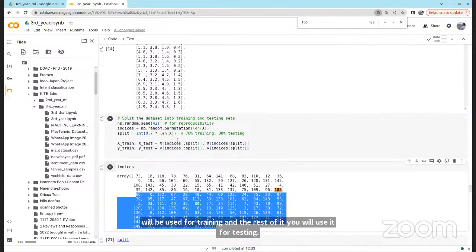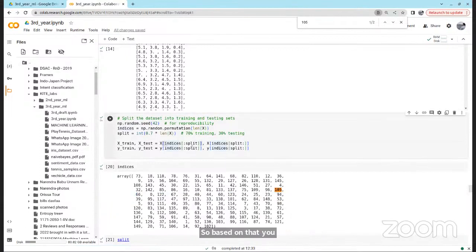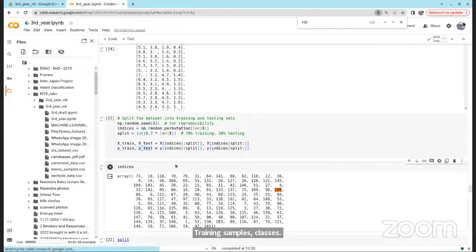So based on that, you will split the data into training data, test data, training sample classes, testing set sample classes.